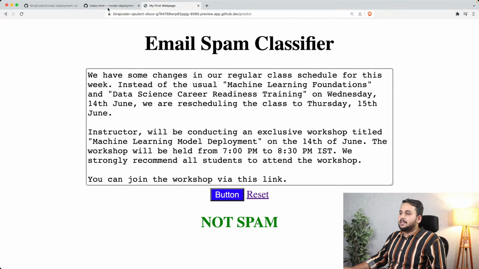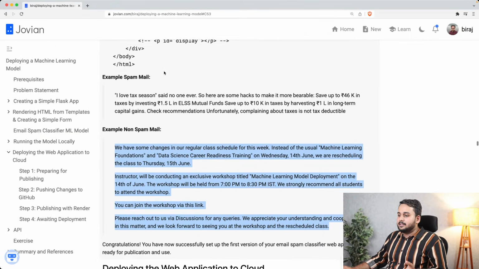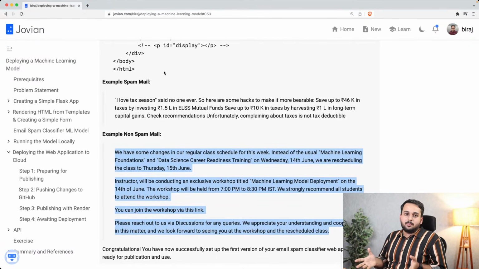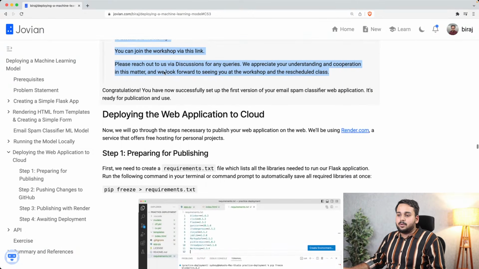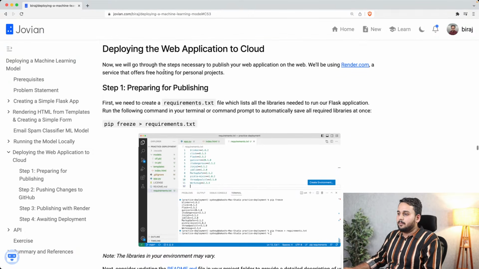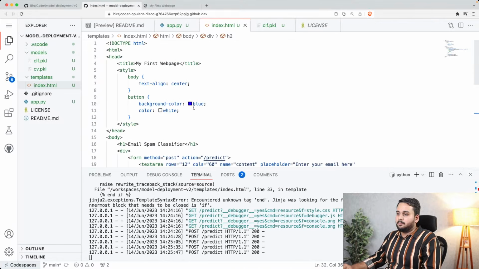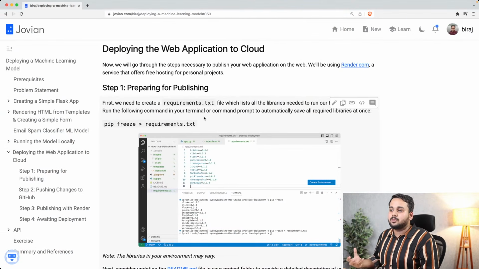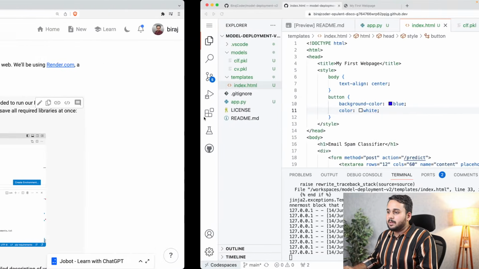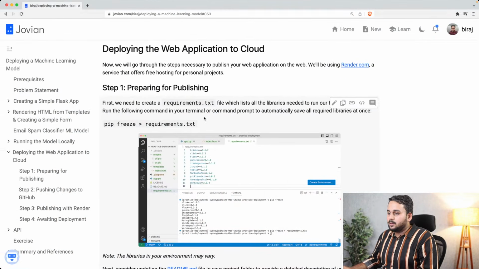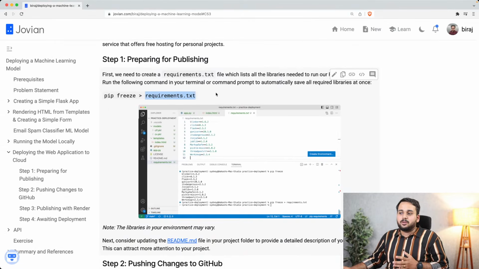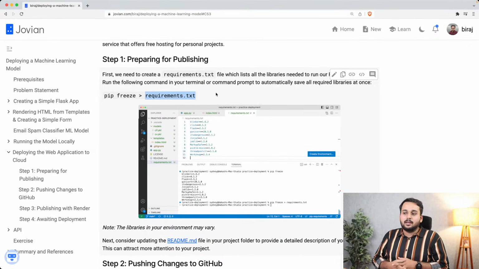Okay, so great. I think we have finally created the model and run the model locally. So we have done most of the part. The next thing that remains is deploying this web application to cloud. So what we will do is prepare for publishing first. We have to have a requirements.txt file. In this requirements.txt file, we have to save all the libraries that are required for this particular